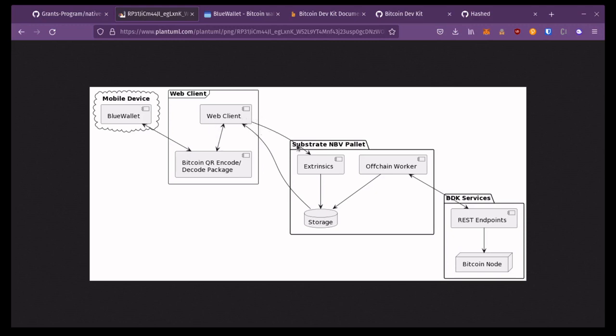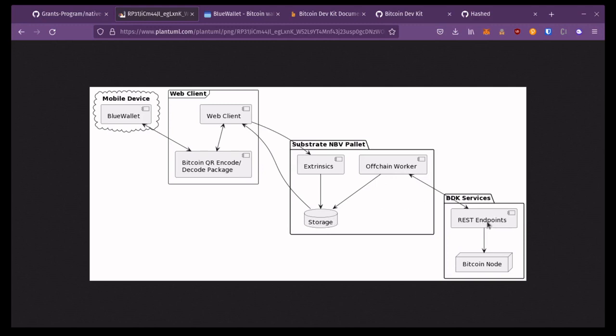It's using the Polkadot.js browser plugin to sign extrinsics, which it's submitting to the blockchain for extrinsics like setting the XPub, creating a new vault, editing a vault, creating a new proposal to that vault, and its extrinsics, of course, are saving information into storage. Then if some of those actions require BDK, the off-chain worker then picks up those items,